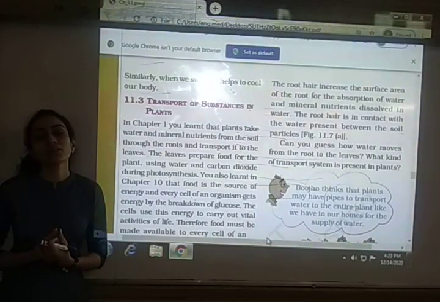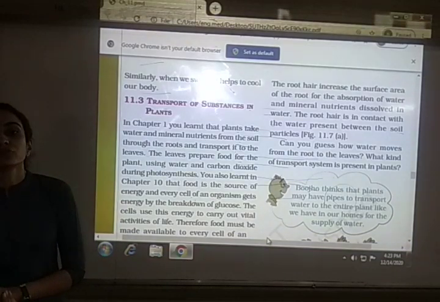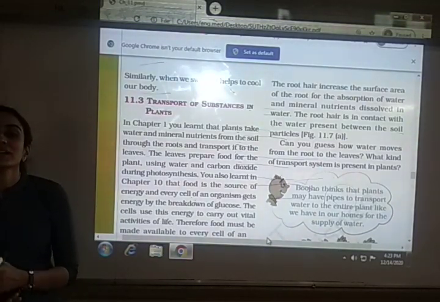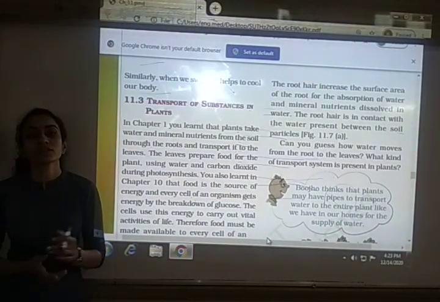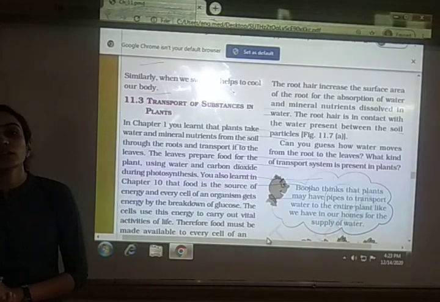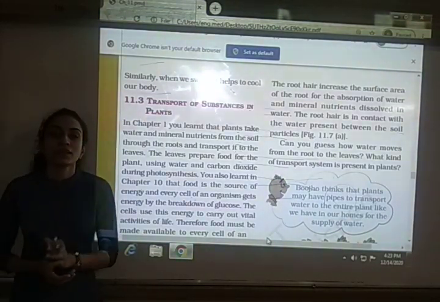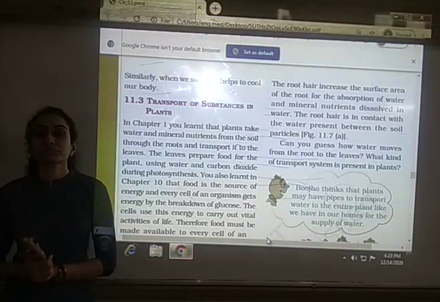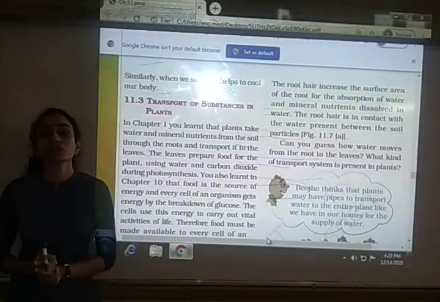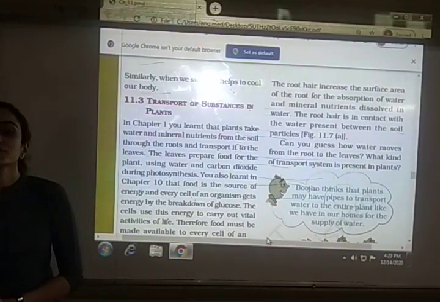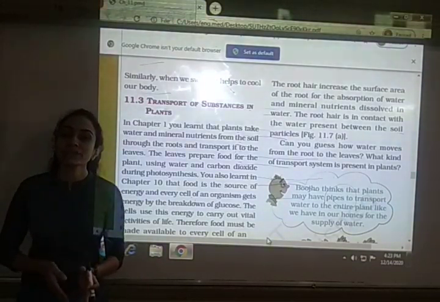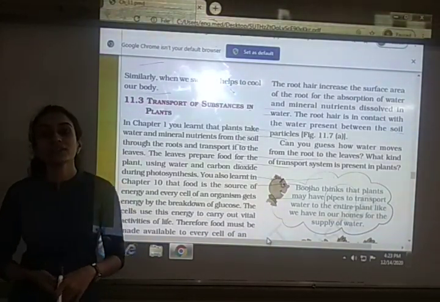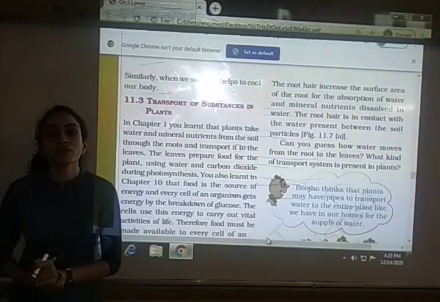Then after we had seen about veins, that they carry the blood from the rest of the body parts to the heart, but they carry blood which is rich in carbon dioxide. And again one exception is there, that is the pulmonary vein. It carries blood which is rich in oxygen. Then after we had seen about capillaries, that the arteries further divide into thin tubes on reaching the tissues. These thin tubes are known as capillaries, and these capillaries again join together to form the vein. So this is about the blood vessels.